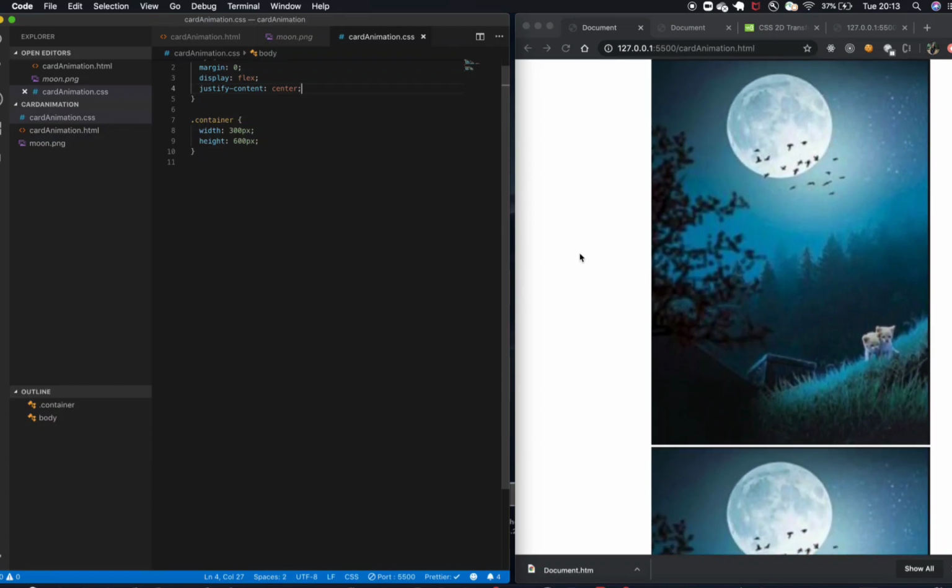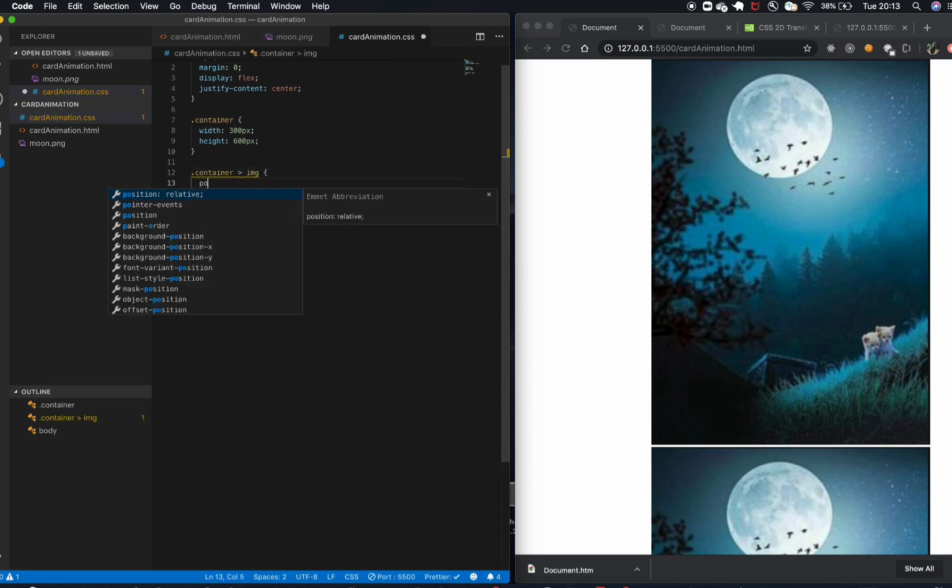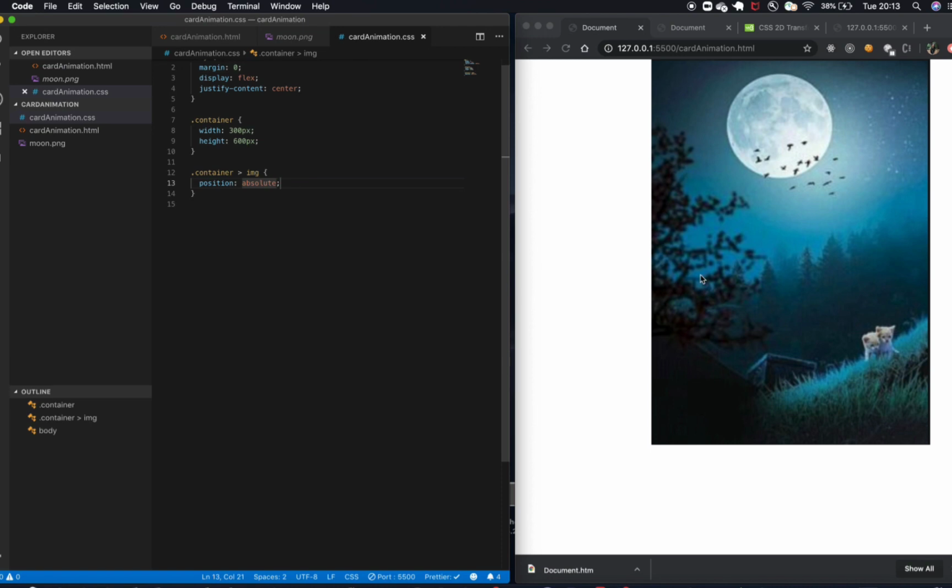So before I hover, it should only look like there's only one image. So what I'm going to do for that is, the image tag inside the container, I want to give it a position of absolute. All right, so now you can only see one image. It looks like there's only one image.